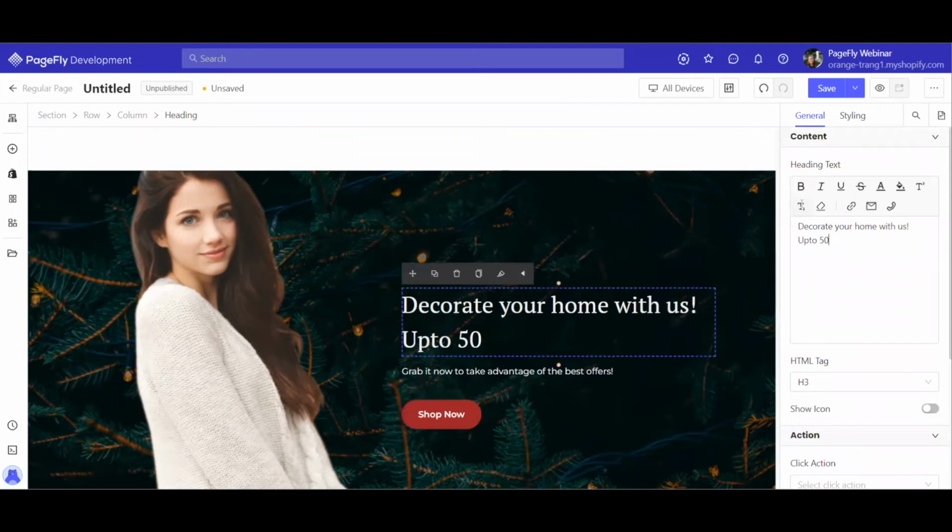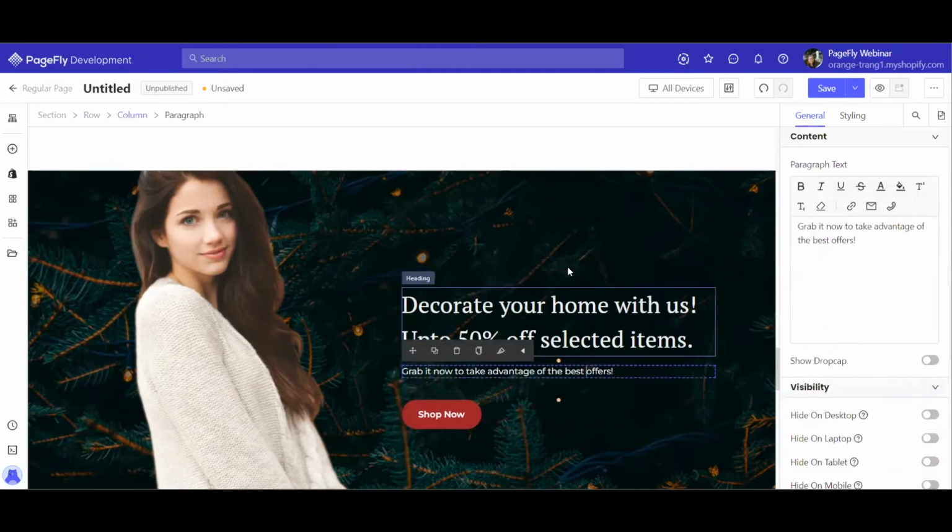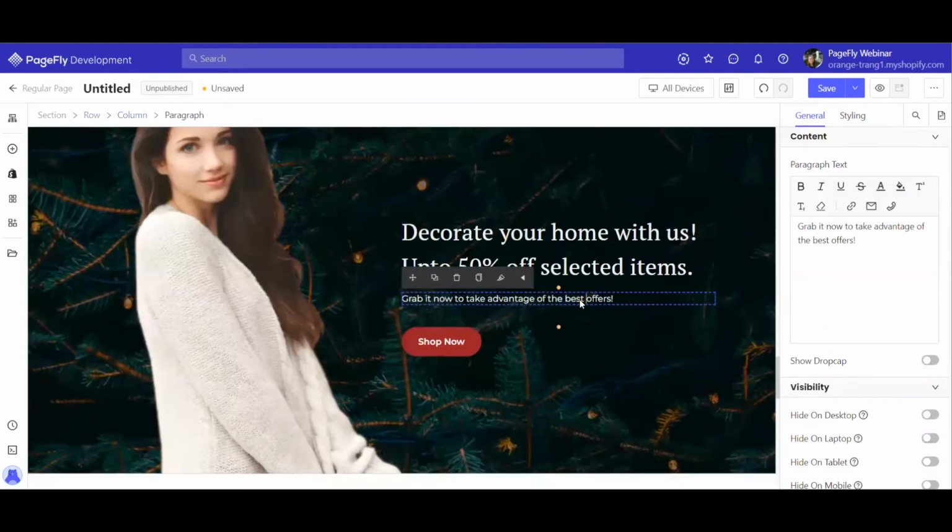Up to 50% of selected items. Okay, this is just an example. Of course, you can use any text you want, and maybe you can add something nice that is related to the products that you are showing in your page. And I will go with something like,